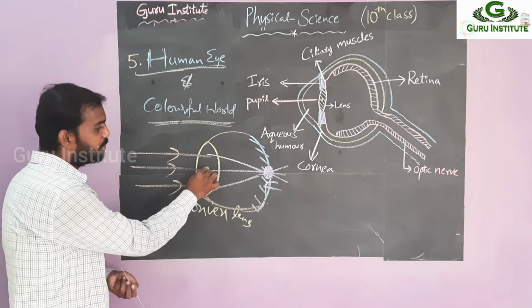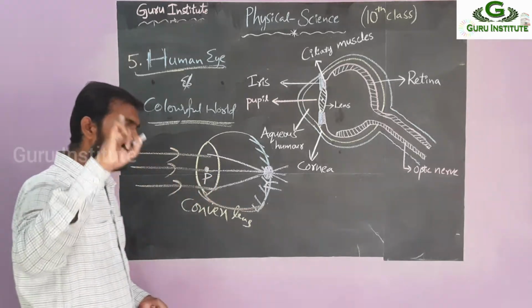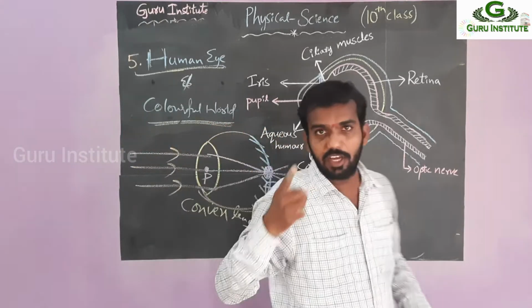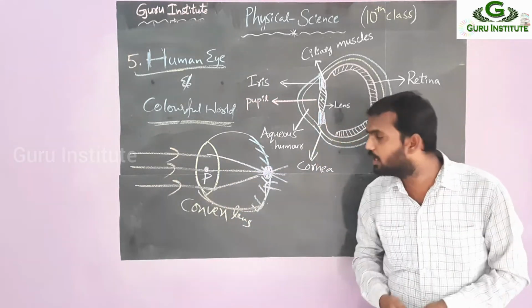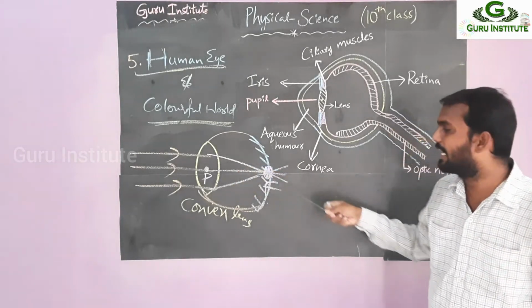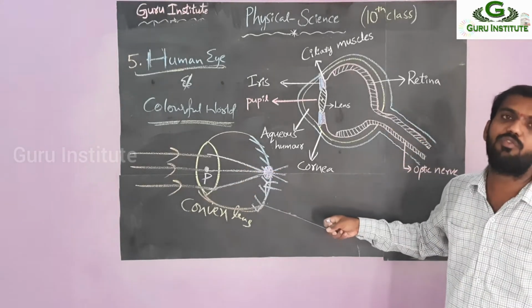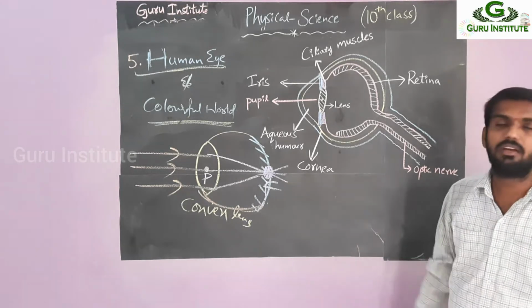So here, this center point is called pole. Okay, same to same like convex lens. Why? Because in our eye, we are using convex lens. By God, we are getting the convex lens only. So right, what is the nature of convex lens? Whenever a light ray falls on this one, they immediately meet at a point. That point is called focus. Convex lens is a converging lens. Here we get the real image.